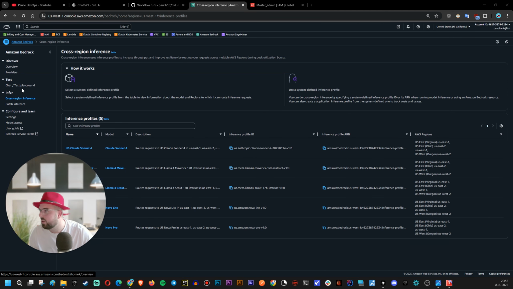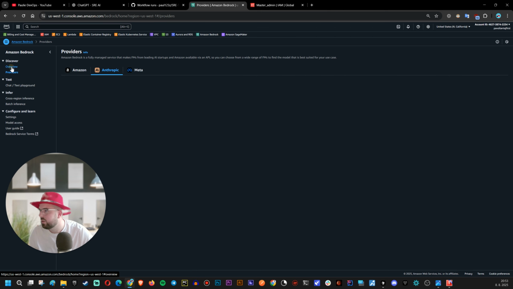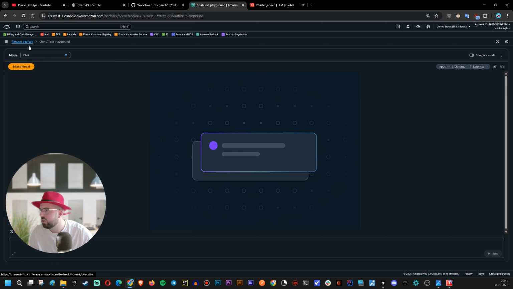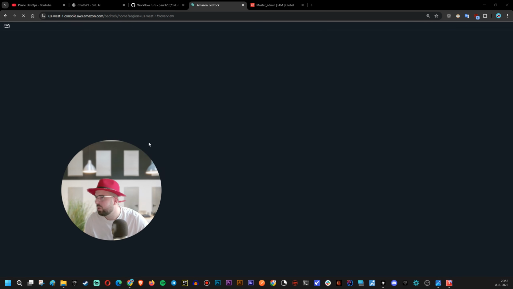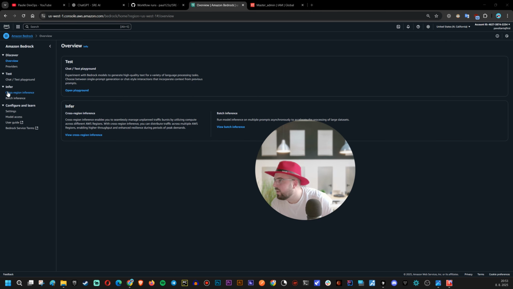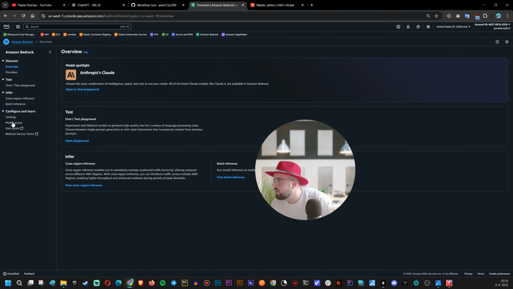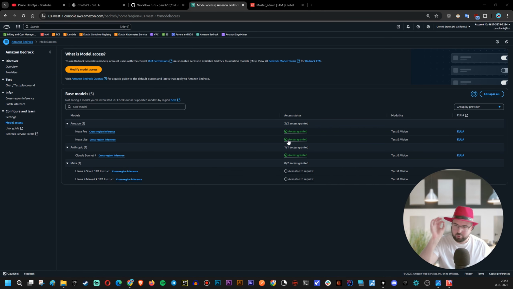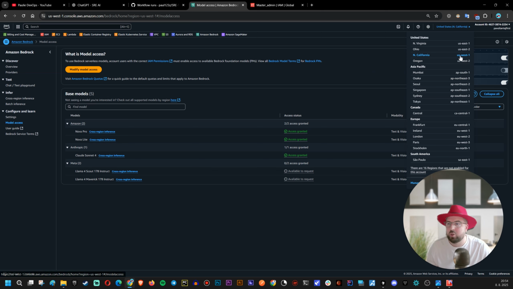So this one, settings, providers. Yes, you can be chatting with your Amazon Bedrock, but model access. Okay, here we go. This is what you need to enable. So I'm using North California, sorry. And we are using the region US